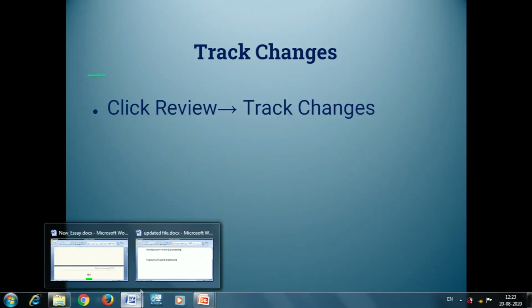in the particular text where they want some changes, or if they are removing some text, or if they have edited some text, I will be able to see it even though I am not sitting next to them. They will be able to make the changes and give the comments to me by mail, or share the same file by mail. So from the place where I am sitting right now, I can understand their comments, their suggestions, and how I can improve my document. So let's do the demo for track changes also.